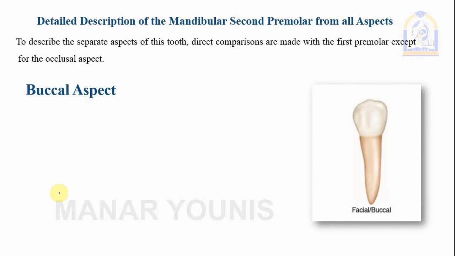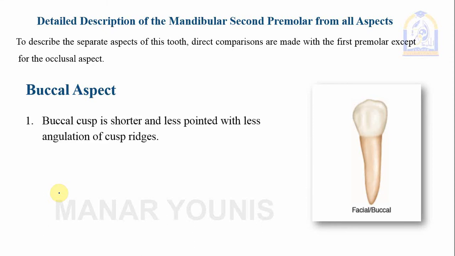Now moving to the detailed description of the mandibular second premolar. Usually all the aspects will be described in comparison with the mandibular first premolar, except for the occlusal aspect, which will be discussed in more detail. Regarding the buccal aspect, the main differences between the two teeth: